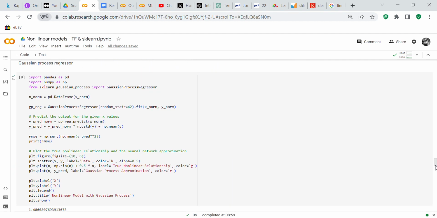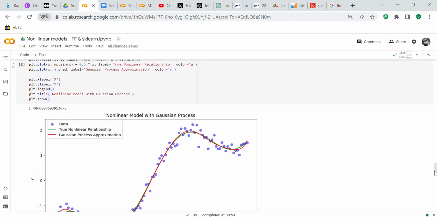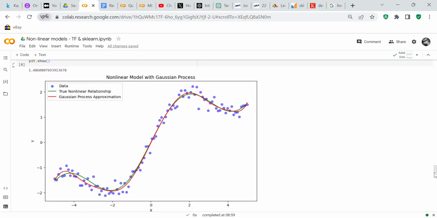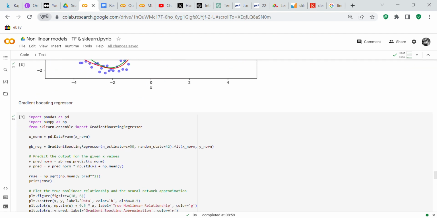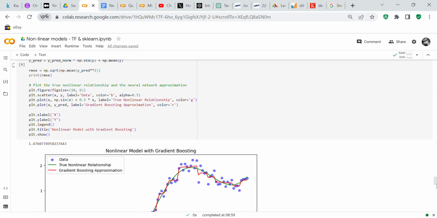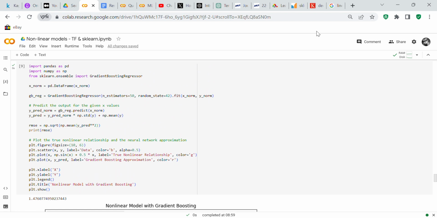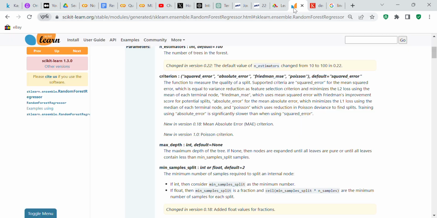Now we're going to do the Gaussian process regressor. So the Gaussian process regressor looks like a very good fit as well. We're going to do the gradient boosting regressor. So you can see the gradient boosting regressor is very close to being overfit. Let's look over here for